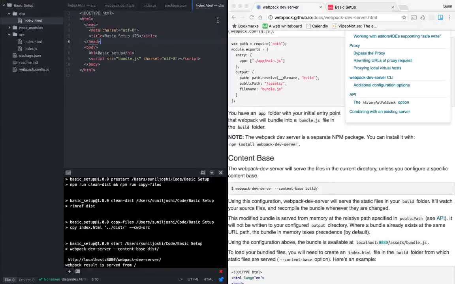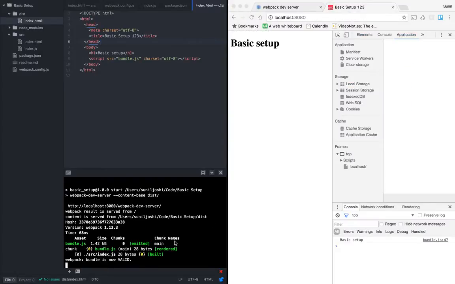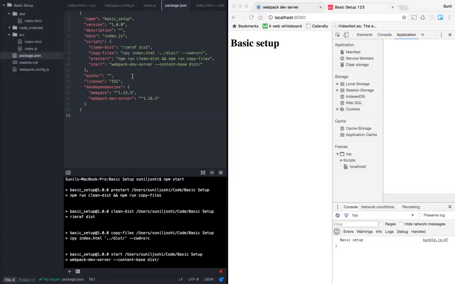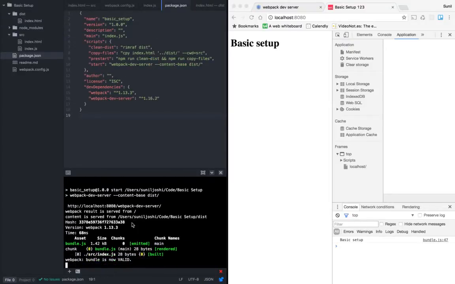Yes, and if we go ahead and refresh this, oops, what just happened? The index is right out here. Why is it not serving the latest index page?